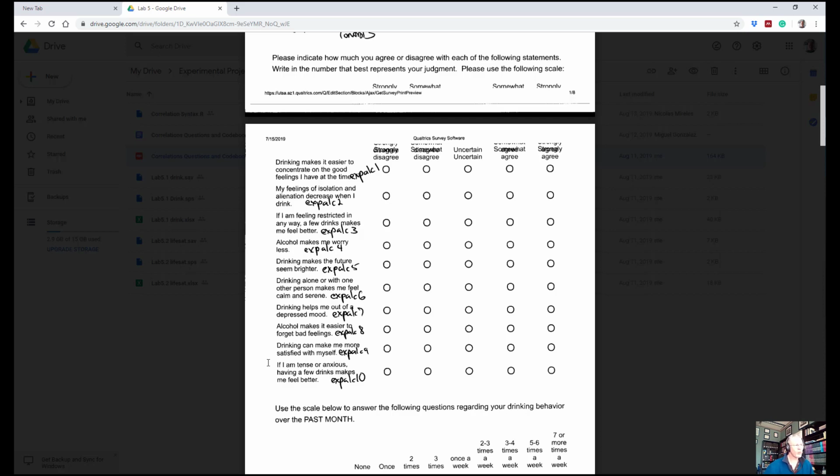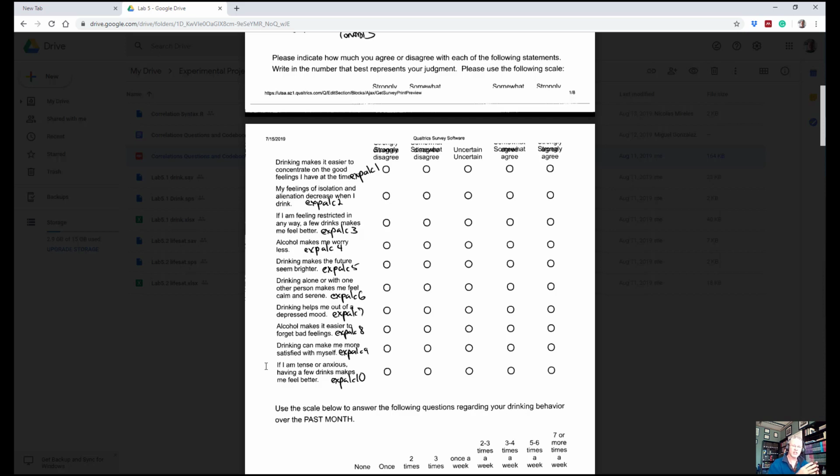And what we want to do is simply look at the relationship of alcohol expectancies on the whole predicting heavy drinking. What we've done is construct multiple items that get at both of these two constructs. And so what we're going to want to do is to average those items to give us a single scale score of alcohol expectancies and a single scale score of heavy drinking.